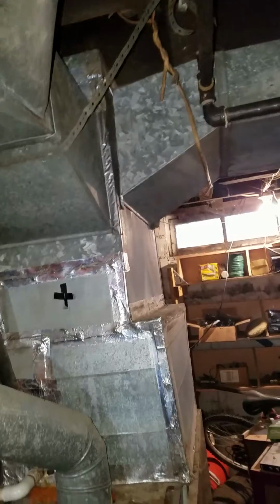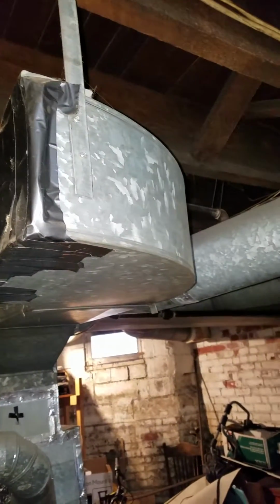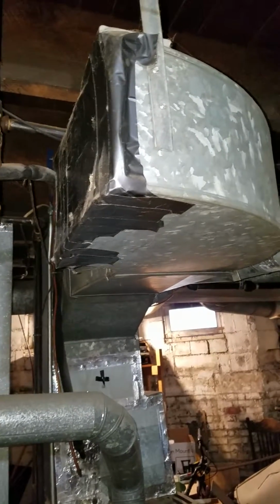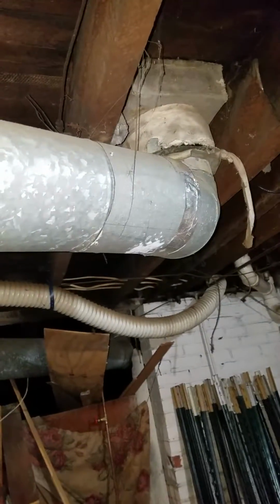So one of the things that they did, they removed coming out the front, there's a 14 by 8 duct right here. We're going to kind of follow that. And they cut off the supply right here where that was going to. They used to go to a bathroom and a bedroom upstairs, so that is now cut off, and they currently don't have the ductwork to it. However, he's got an 8-inch run that comes off the front off of that, goes to the upstairs there, and